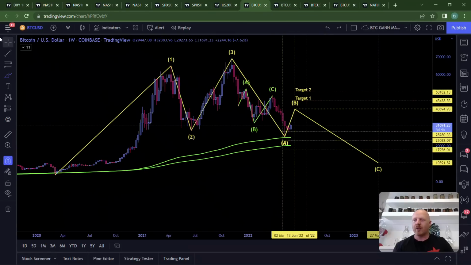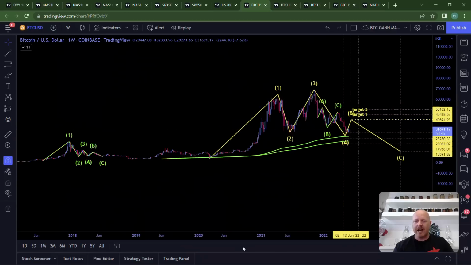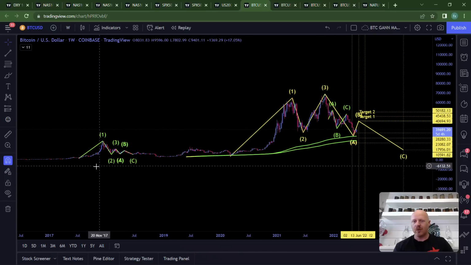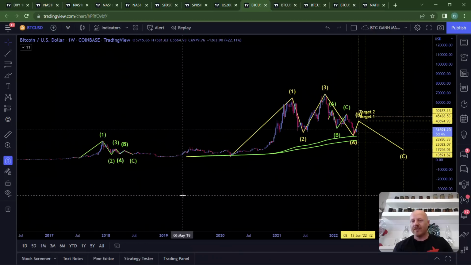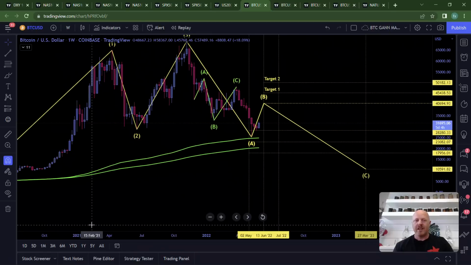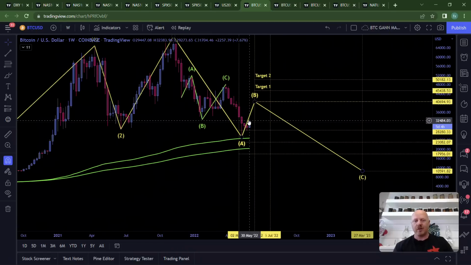Going to Bitcoin on the weekly. Again, this is my Gann price pulse pattern based on a law of three married to fibs, the same pattern that Bitcoin did in the last bull run as well. 3 impulse waves, ABC correction, okay? This is the pattern that's playing out, and this is our blue candle after the record-breaking